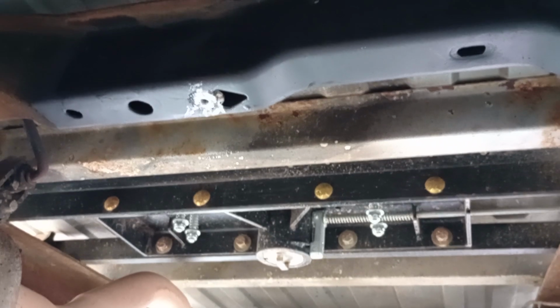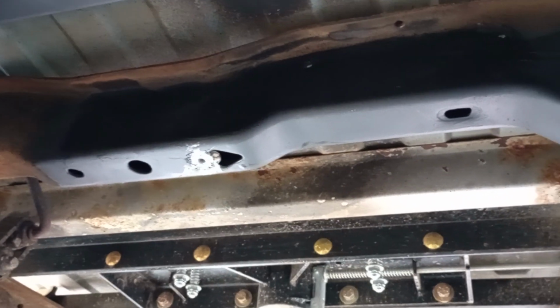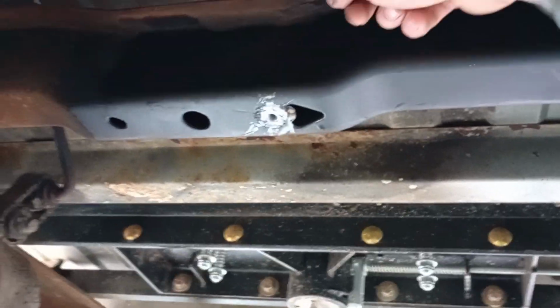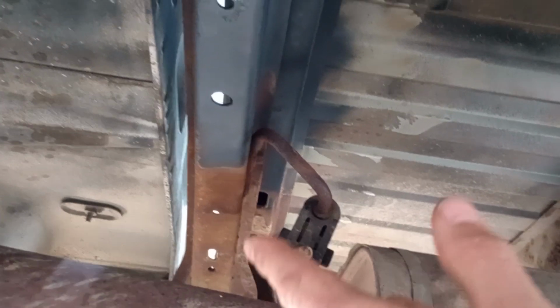So what I did, I immediately just went ahead and took a Sawzall, cut right through the bolt, and then I was able to use a magnet on this one over the top. On the front one, towards the front of the vehicle, I used one of those springy magnets to fish it out that way to the side of the vehicle. So then what I did,